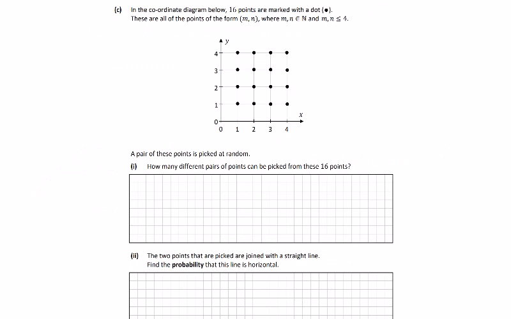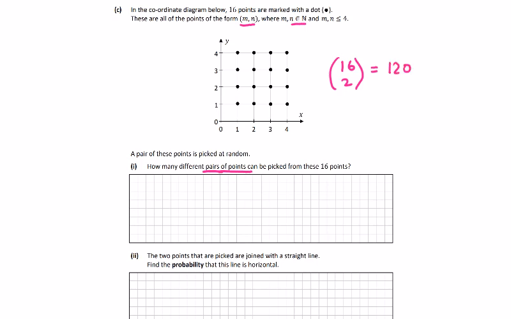So in the coordinate diagram below, 16 points are marked with a dot, and these are all points in the form (m, n), where they're natural numbers. So they're just points between 0 and 4. How many different pairs of points can be picked from 16? Well, that's 16 choose 2. If you're taking 2 from 16, which is 16 by 15 over 2 by 1, which is 8 by 15,